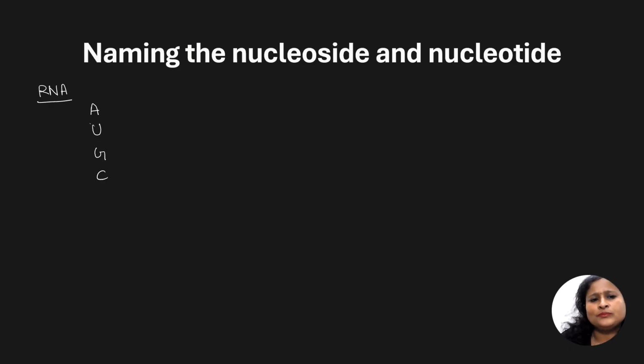So now, this is adenine, this is uracil, this is guanine, this is cytosine. When this will react with ribose,